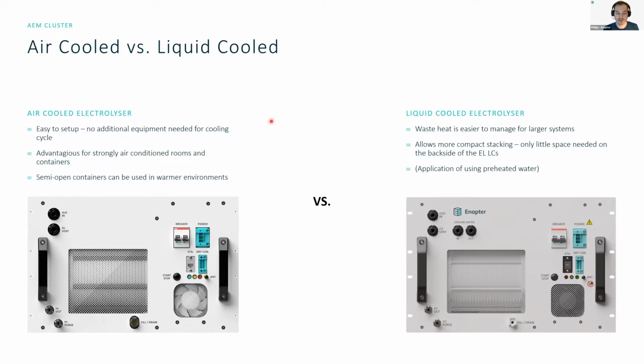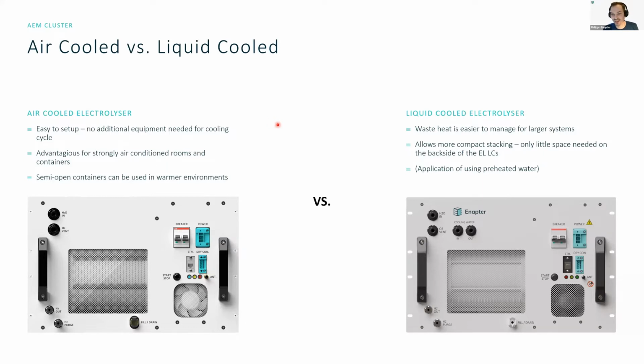And also, if you have semi-open containers, you can use the air-cooled version as long as you are in warmer environments. Please be aware that the electrolyzer is not able to survive temperatures below 2 degrees. So if you have freezing conditions, then make sure your room or your container is equipped with a special air conditioning system,